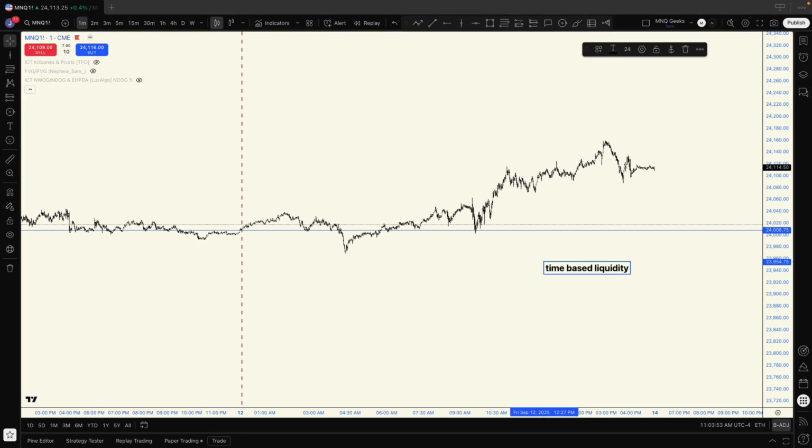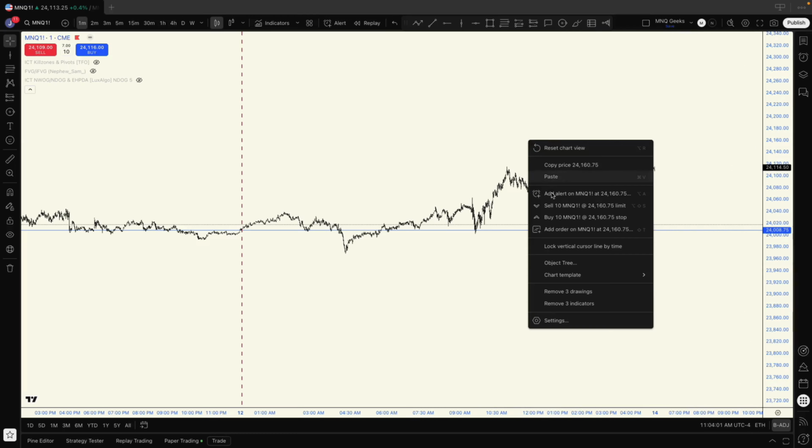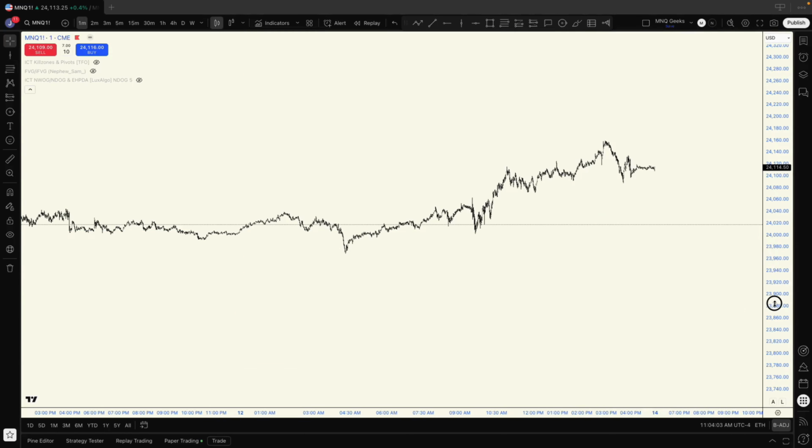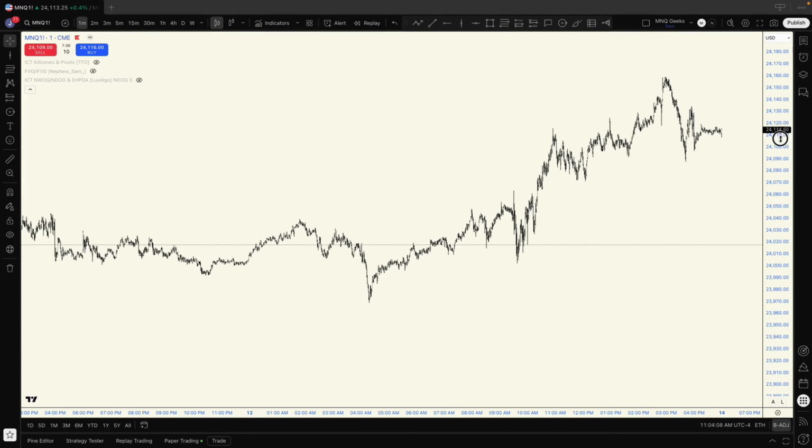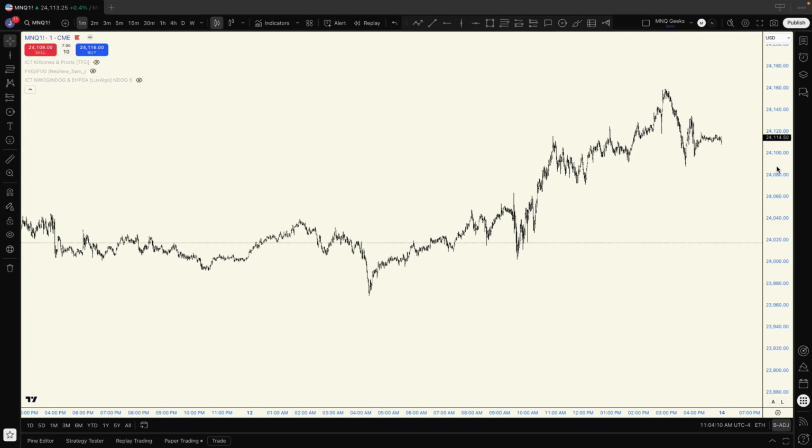So yeah, very, very strong points of liquidity, and things that you will notice more and more as you begin to study the market, start to understand it, as you backtest, as you analyze things. And obviously it's very easy to overcomplicate things and get analysis paralysis when you're looking at all these different levels, all these different points of liquidity. But again, I use these as more of an indicator. Okay, I'm just looking at these to see where these levels are, to see points where we might react